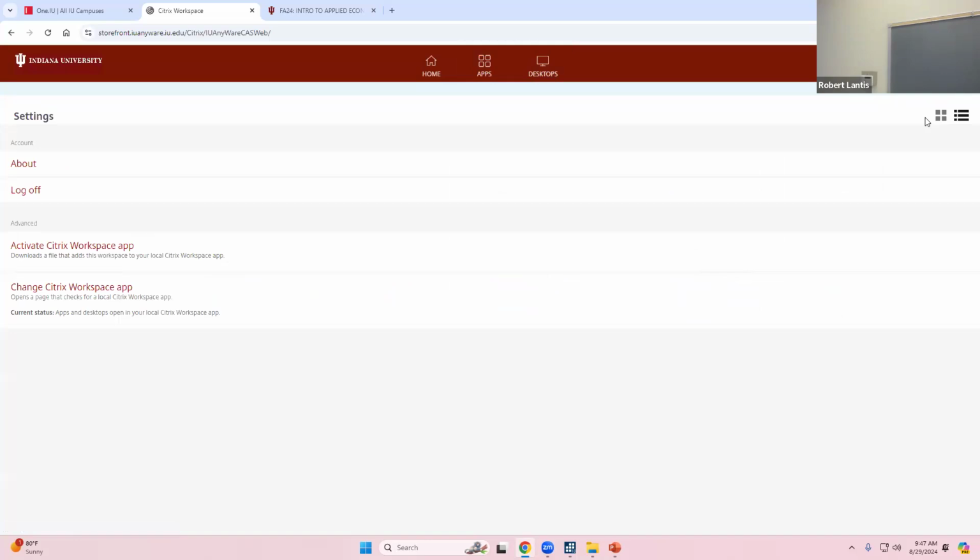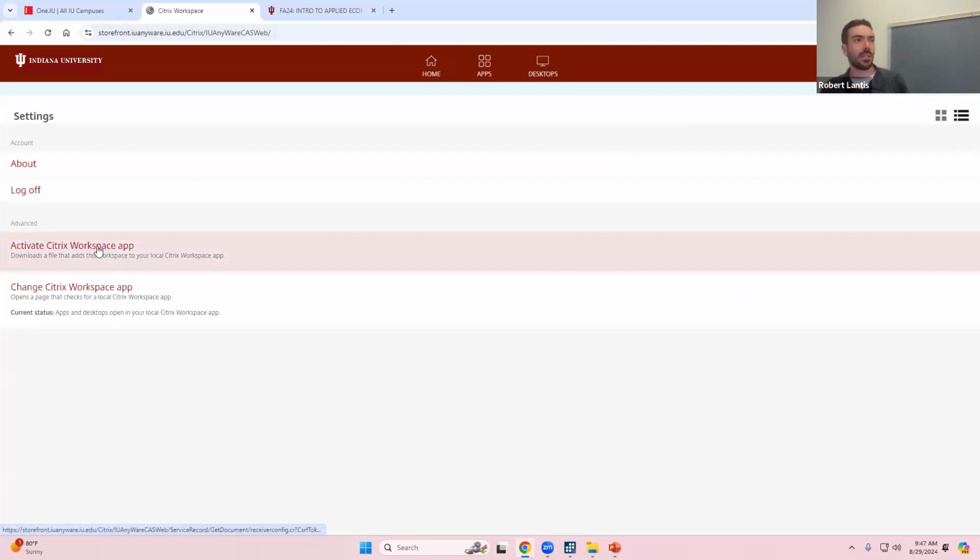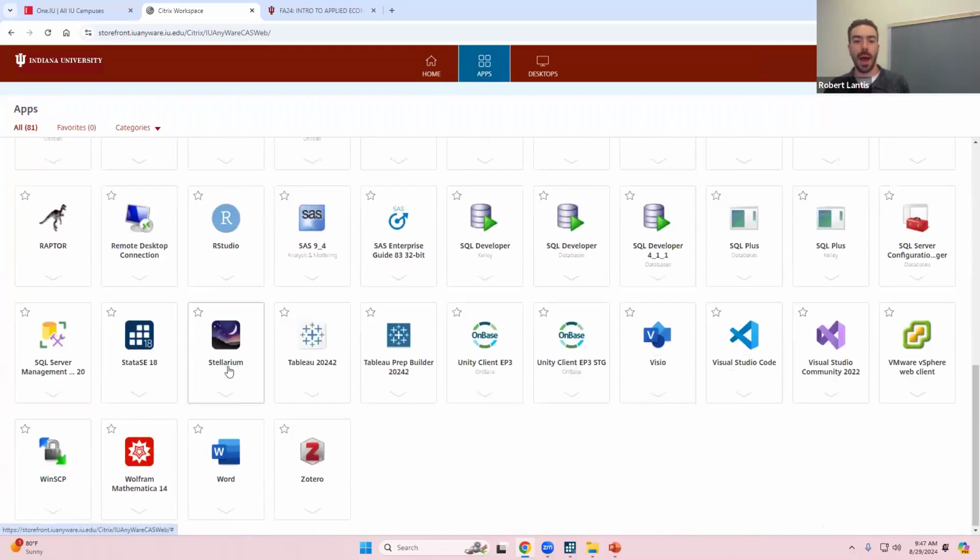I actually had this step in there as well, so I renamed it Stata help alternative or something like that. Because for some of you, for whatever reason, you have to go to the settings and hit activate Citrix Workspace app. Then it'll have this additional thing, you'll run it, and then you should be able to go back and open up Stata just fine.